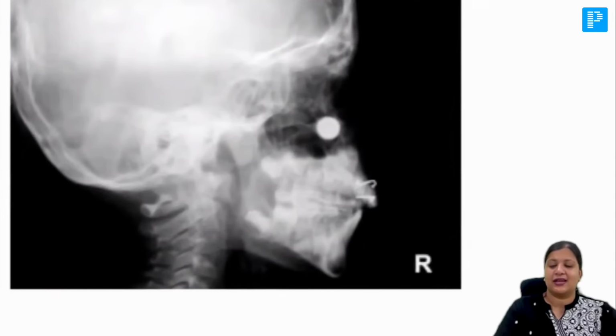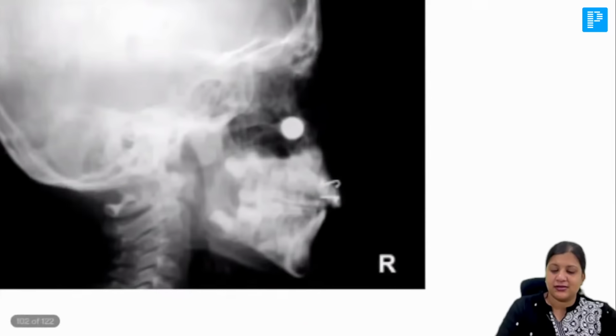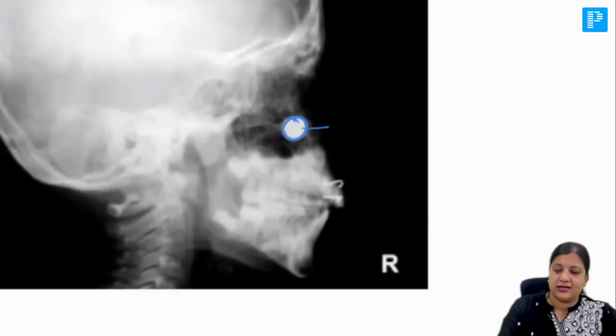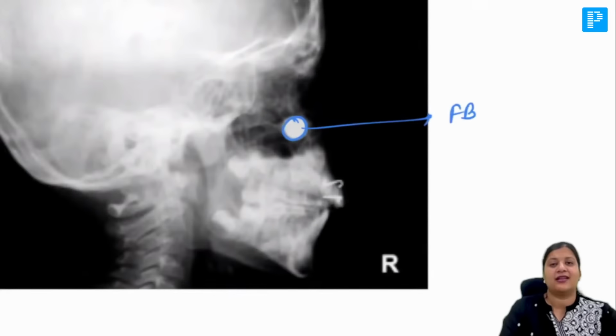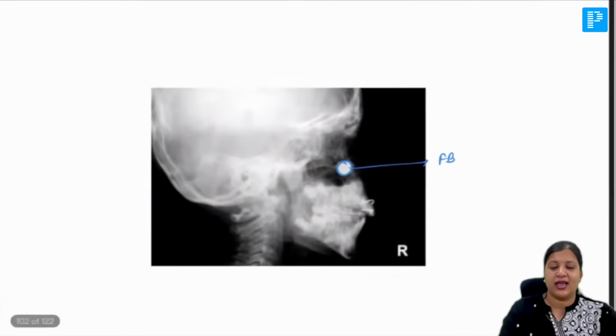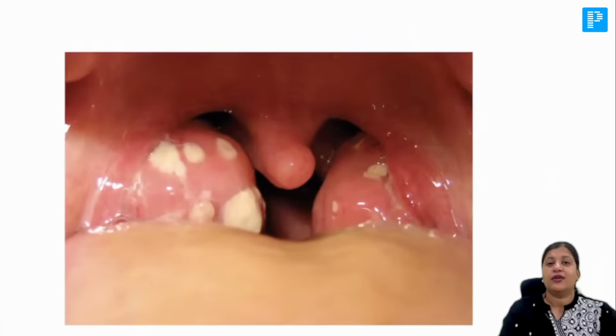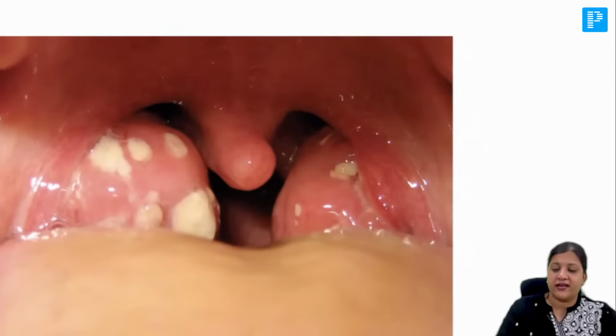Look at this X-ray, showing to you something. What is this? This is a foreign body in the nose. So whenever you have a foreign body in the nose, this is how it will appear to you on the X-ray. Look at this. Tell me what kind of tonsillitis, where there are whitish yellow dots on the surface of